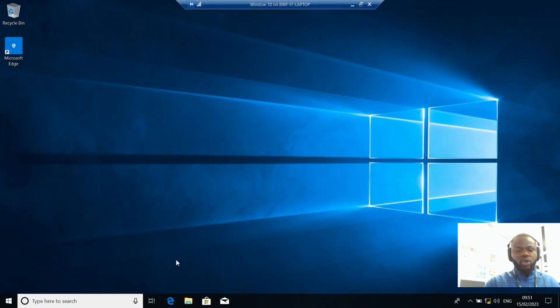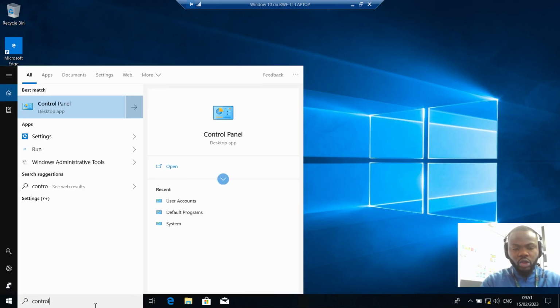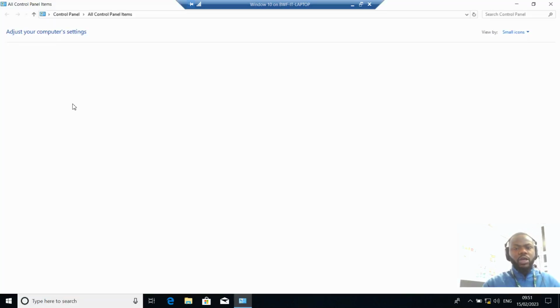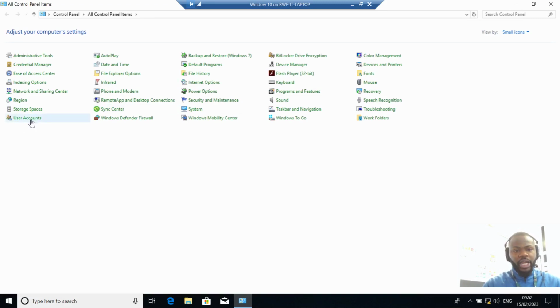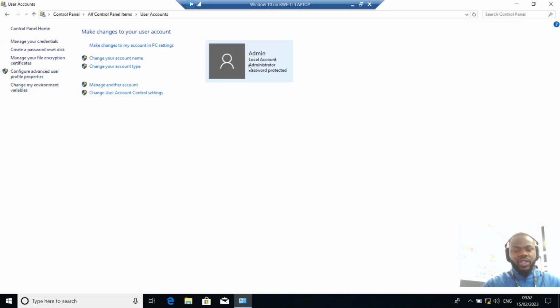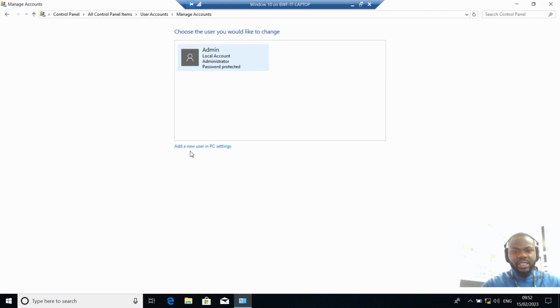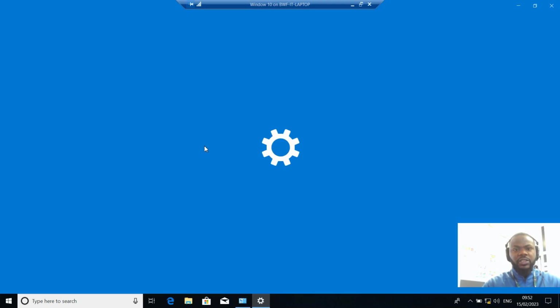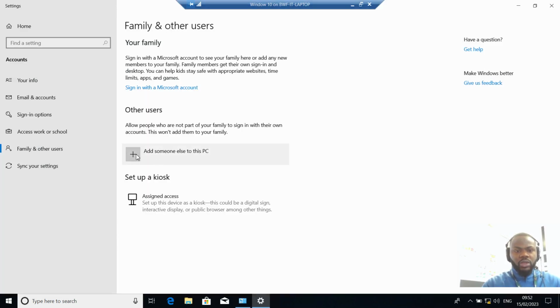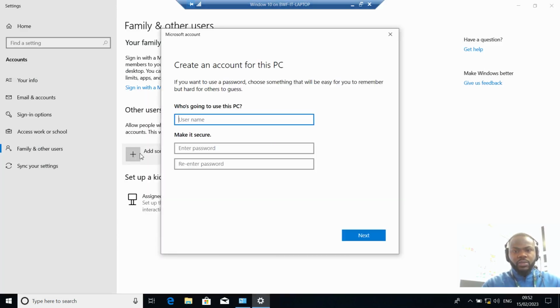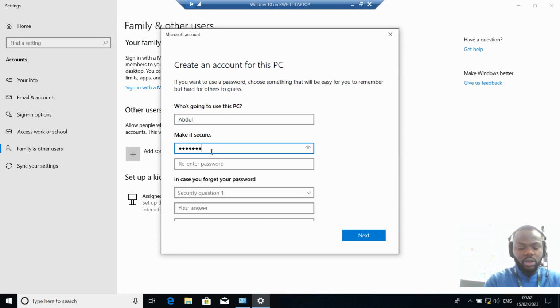I'm going back to control panel. Let's start again. Control panel. Remember we want to create a user now. Clicking on that, I have this. You are going to click on manage another account, and then add new user in PC settings, and then I'm going to say add someone to this PC, and then I'm going to give the person a name. Let's say the name of the person that will be using this laptop also is Abdul, and I'm going to give the person a password,